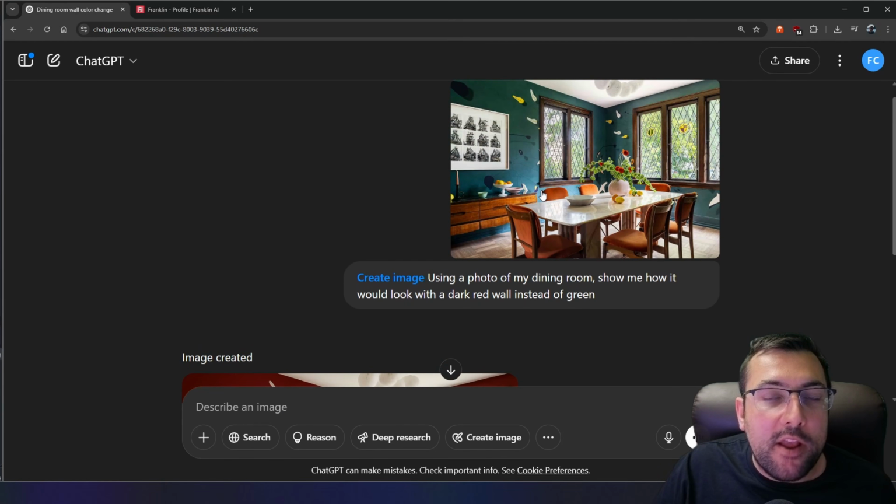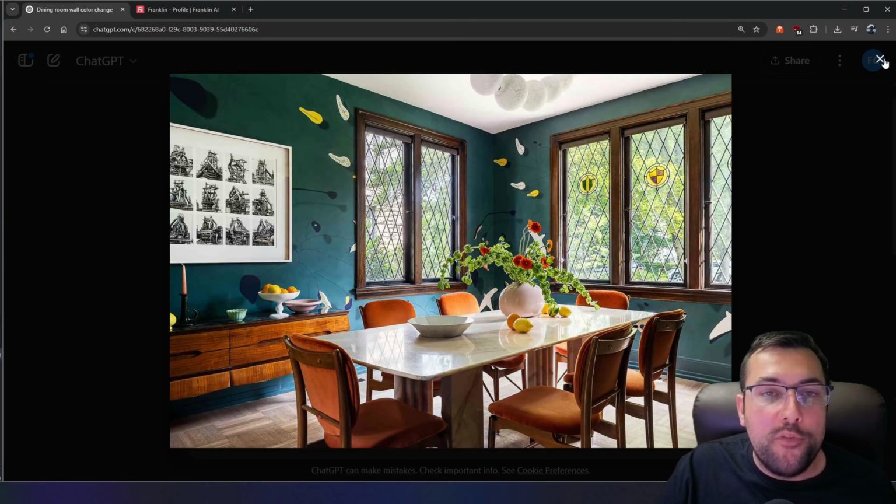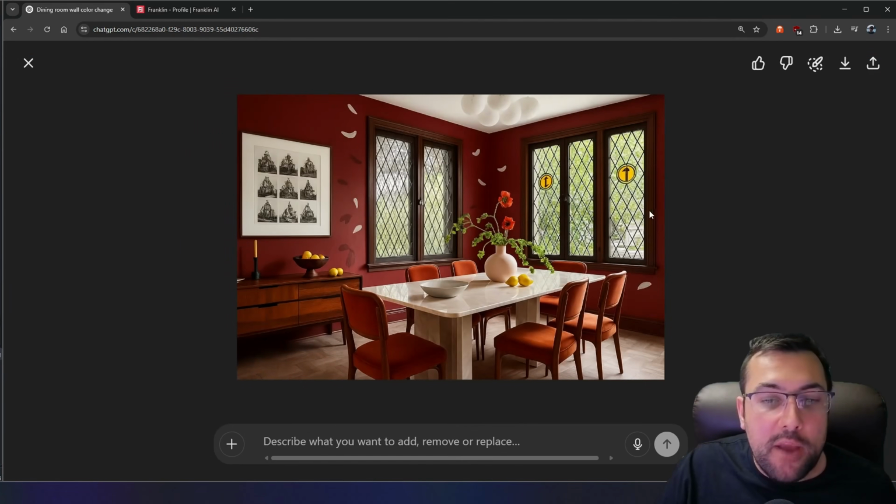Now we have our dining room done. So you can see the before, I'm going to show you once more. And now we're going to scroll down and we can see the after. So it actually looks pretty good with a dark red wall, but you can see we just did renovation by using one prompt. No one had to come in to test our idea. We didn't have to paint the walls. We didn't have to get messy. So those are 6 different ways you can use